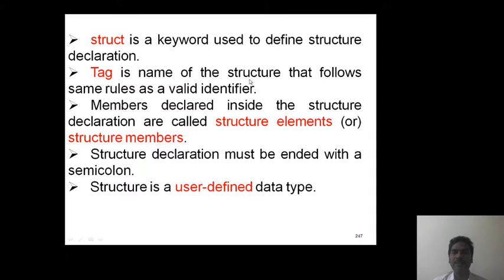Tag is the name of the structure that follows the same rules as a valid identifier. Members declared inside the structure declaration are called structure elements or structure members. Structure declaration must be ended with a semicolon. Structure is a user defined data type.